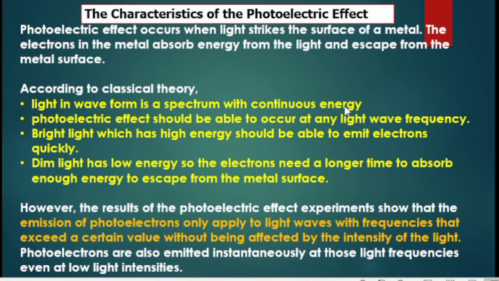According to classical theory, light is a waveform, a spectrum with continuous energy. The photoelectric effect should be able to occur at any light wave frequency. Bright light, which has high energy, should be able to emit electrons quickly. Dim light has low energy, so electrons need a longer time to absorb enough energy to escape from the metal